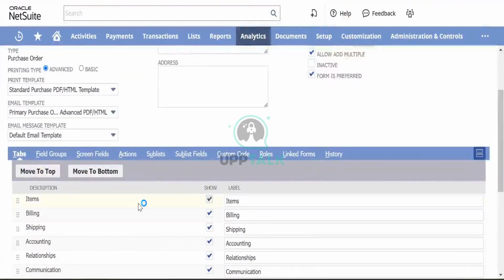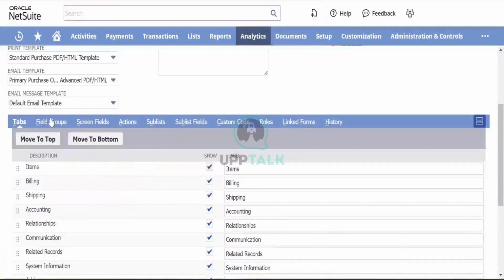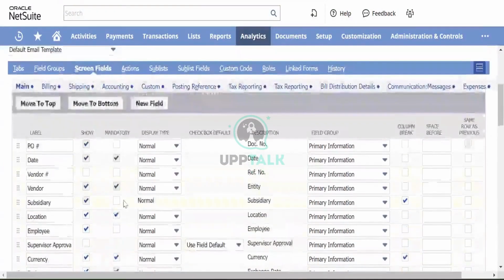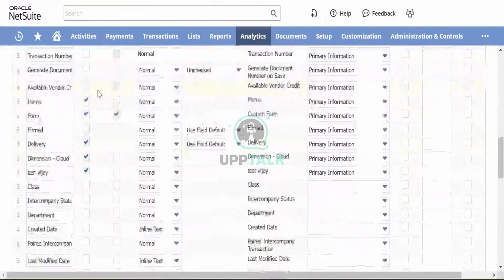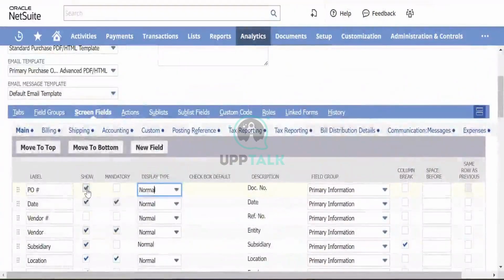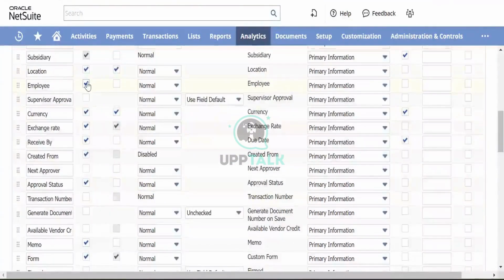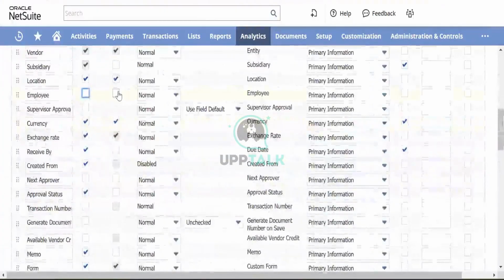That's the customization. These are the screen fields. We can change the field to the sum field or change the showing of the sum field. Some of these are disabled by the system itself, but these employee fields we can remove from the form, or we can make them mandatory,